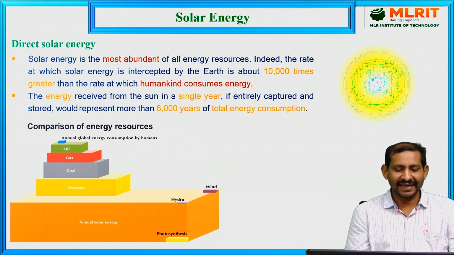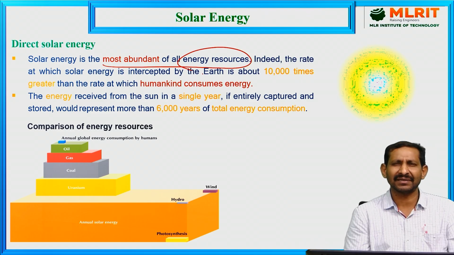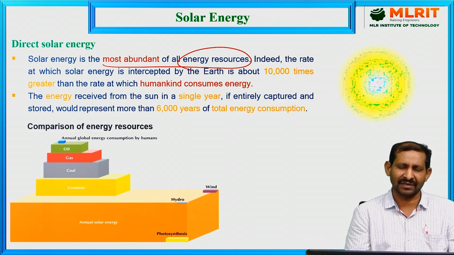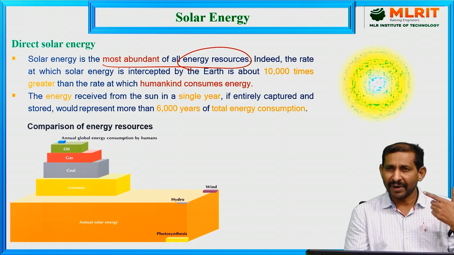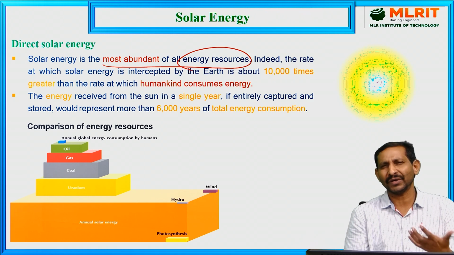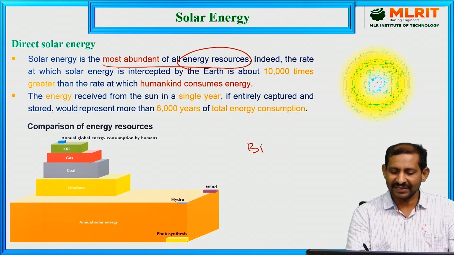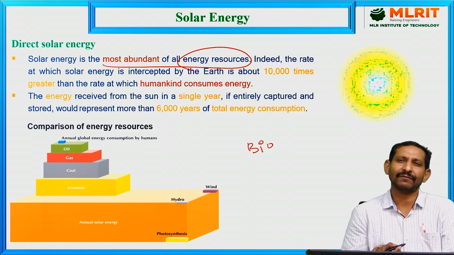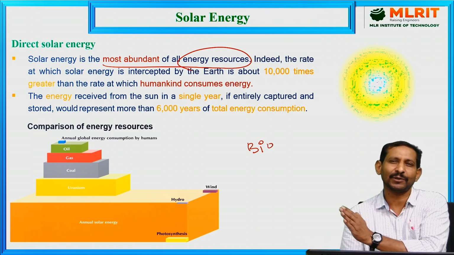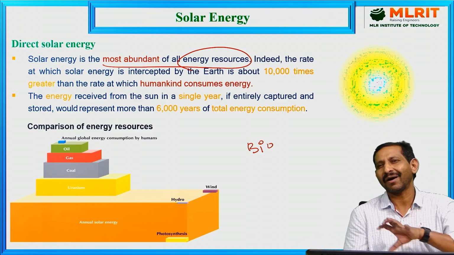So now coming to direct solar energy. Solar energy is the most abundant of all energy sources. Simply said, it is the leading one for all energy sources, either tidal energy, geothermal, hydropower, hydrological cycle, wind energy, solar energy, or biomass energy. These energy sources are all led by solar energy only. For example, take biomass energy: in the photosynthesis reaction, solar energy is converted to chemical energy. So solar energy plays the major role in all energy sources.